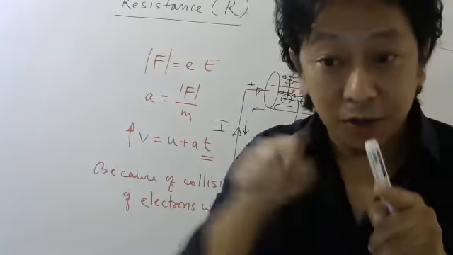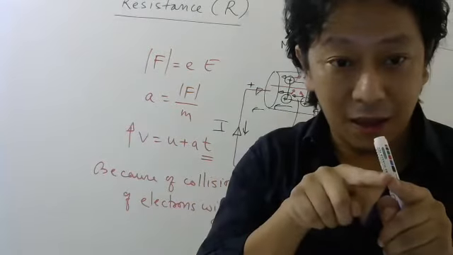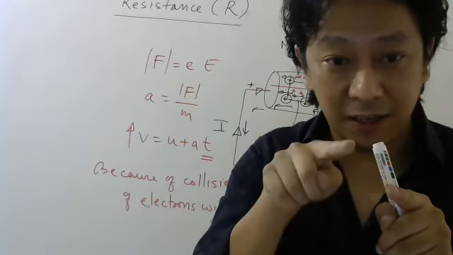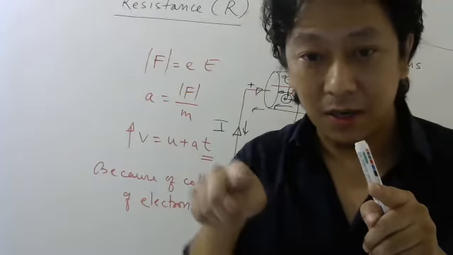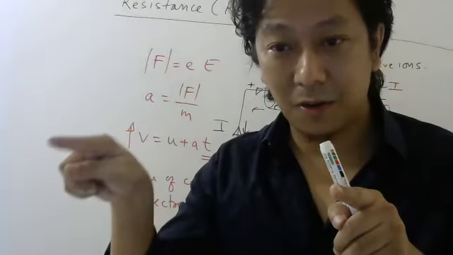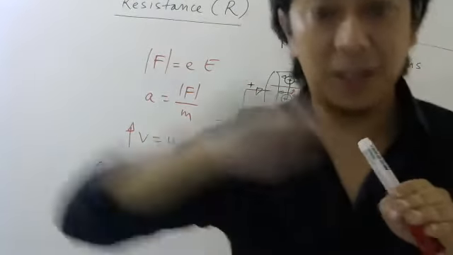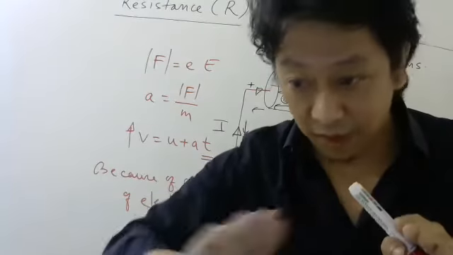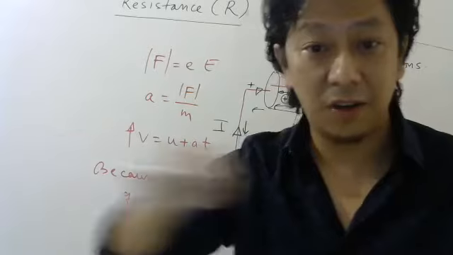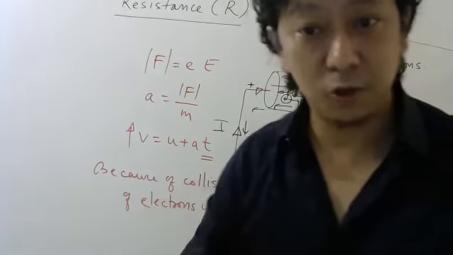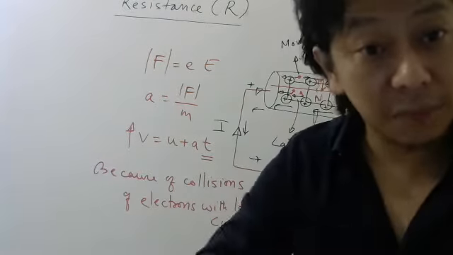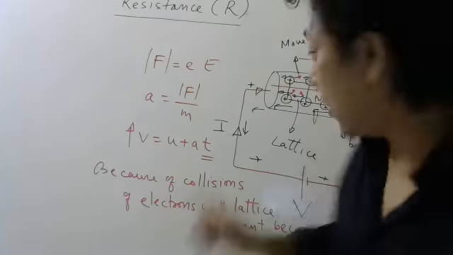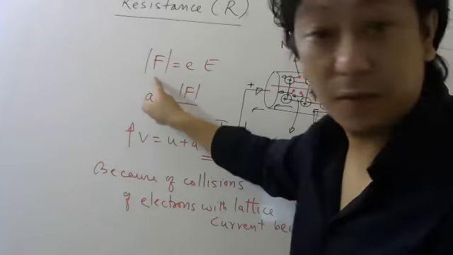However, because of these collisions, every time it accelerates, it will collide. Tuck, then come down. Then tuck, come down. So the current can never become infinity. If you calculate the average of this, you will get a constant value, which we will do in class maybe next week. But I hope you all understood why current doesn't become infinity even when there is a force.